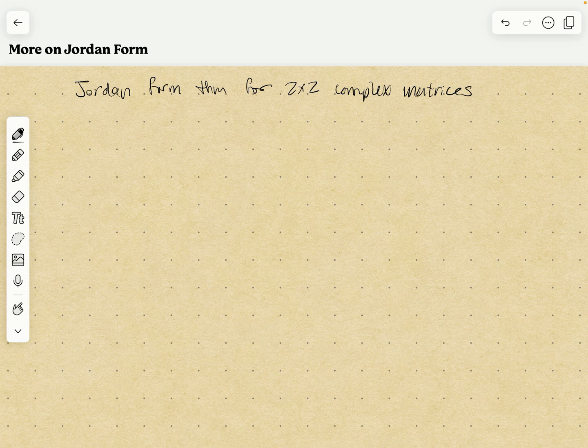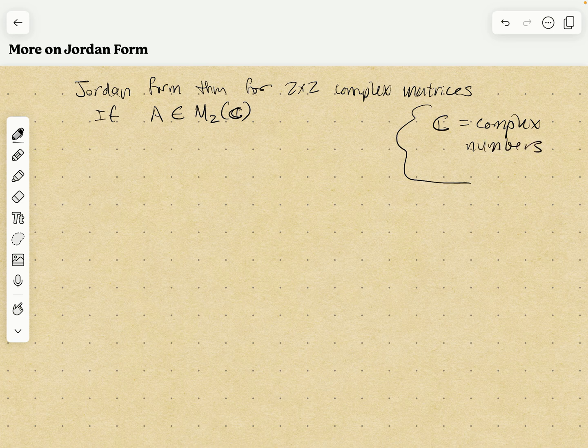says that if A is a 2x2 matrix with complex entries, and I'm going to use this notation M2 of C. So this C with the bar stands for the complex numbers. So if A is a 2x2 matrix, this M sub 2 means 2x2 matrices, and this M2 of C means with complex entries, so a 2x2 matrix with complex entries. Then,